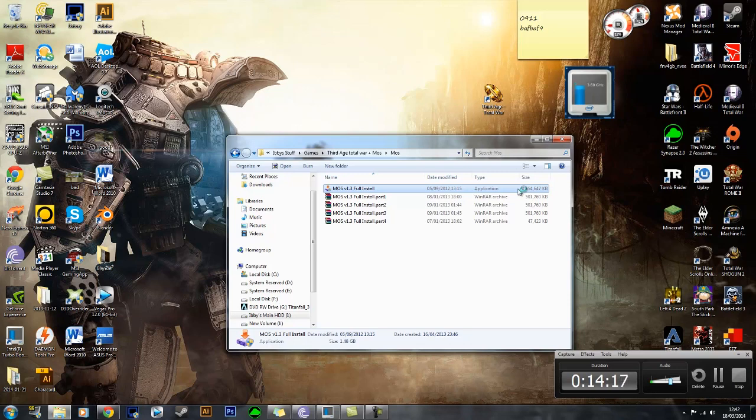For Steam, it's exactly the same as it was when you were installing Third Age Total War, the vanilla. You basically just choose the same place again. And then for disk users, it's exactly the same again. You go to where your disk is saved for Third Age Total War and you install on top of that. And it will basically install the new files into that folder. I believe if you've renamed your folder Teutonic for Steam users, you might want to save it into that folder, because then it will save